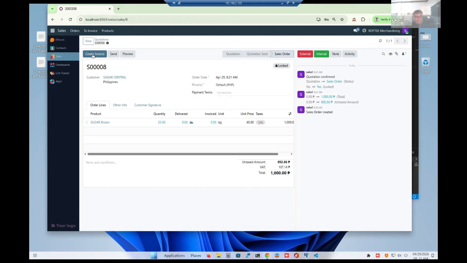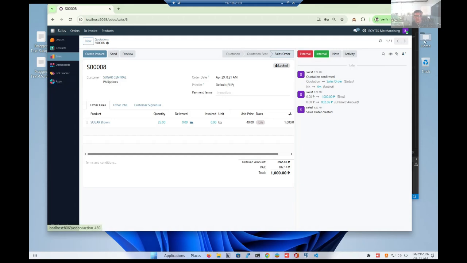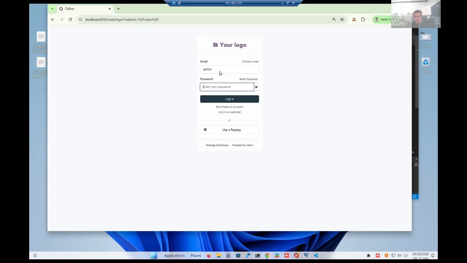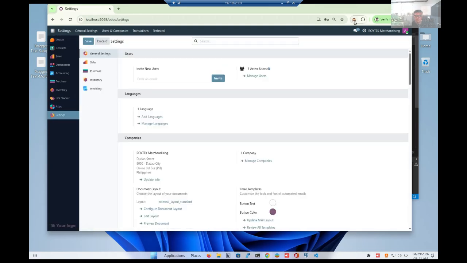Let's create the invoice. We have another error. The sales user doesn't have sales advance payment access. Okay, sales advance payment access. This must be under sales user own documents. So therefore, we'll have to reconfigure this. Let's log out again. Let's look at the sales user first. There's an advance payment there.